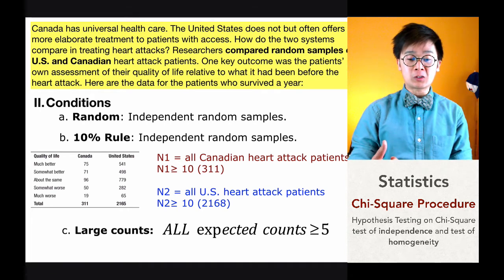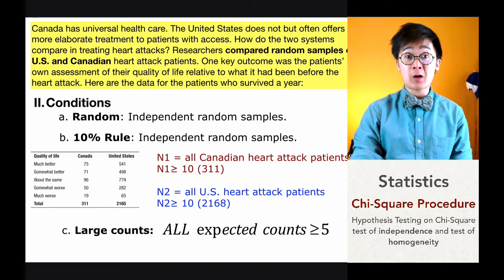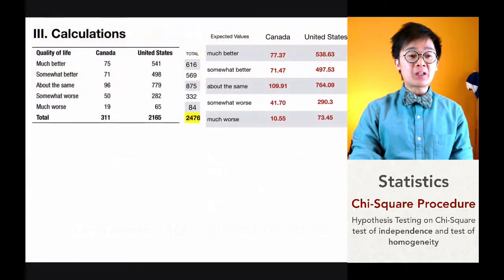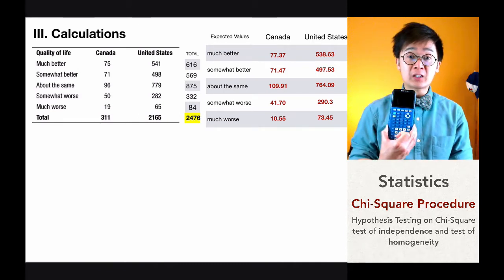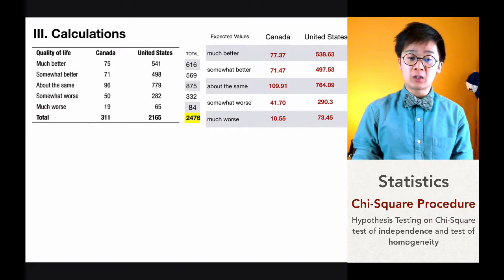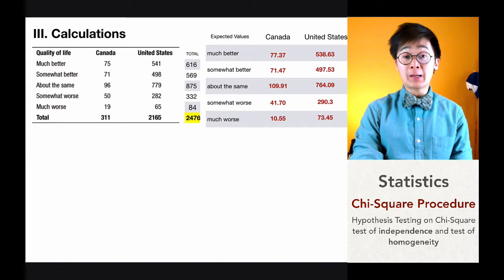So it's safe to use the formula in finding the p-value and the test statistic for this particular hypothesis test. So now that we have our two tables, we have our observed table and the expected values for the other table, we're going to be using our calculator to compute for the test statistic and the p-value so we can generate our values. So let's go ahead and use our TI-84 to plug in table 1 and table 2 to